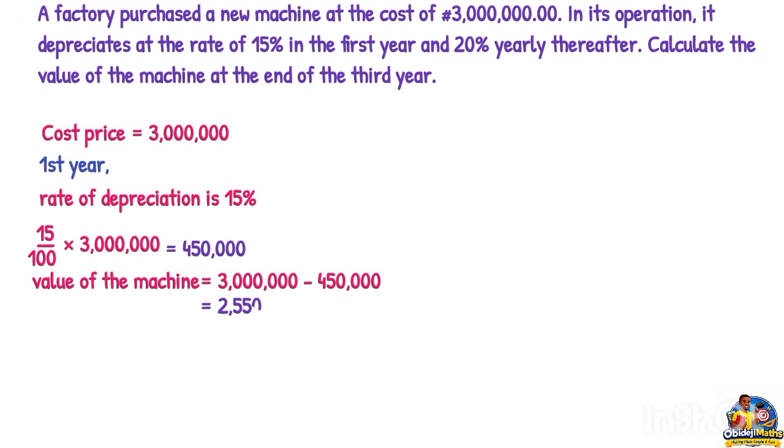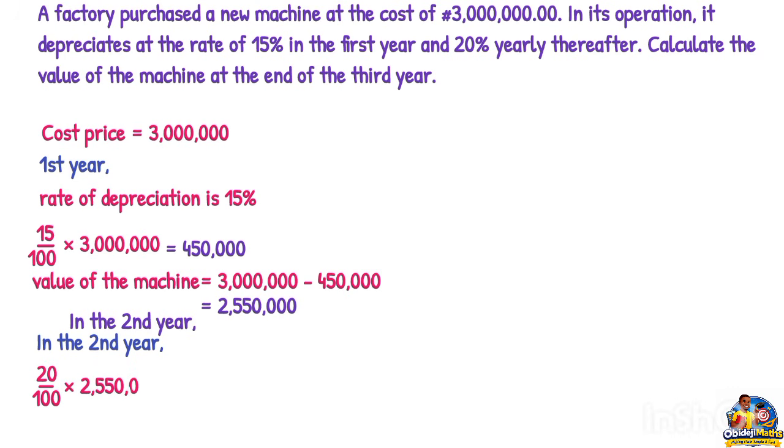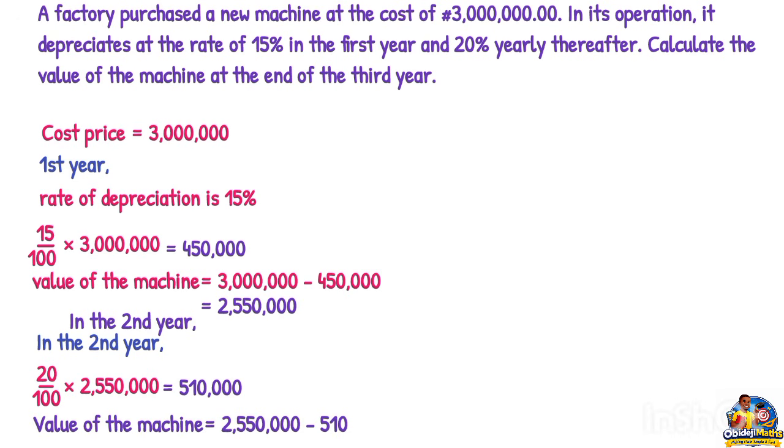2,550,000. Now in the second year, that one was in the first year. In the second year, the current value is now 2,550,000 naira. So in the second year, we're going to find the 20%, because they said 20% yearly thereafter. So that will be 20 over 100 of 2,550,000, and that will give us 510,000. So to get the current value in the second year, the value of the machine will now be 2,550,000 minus 510,000, and that will give us